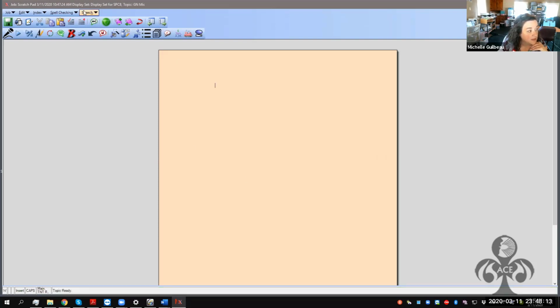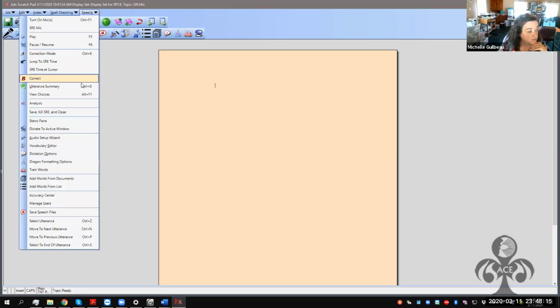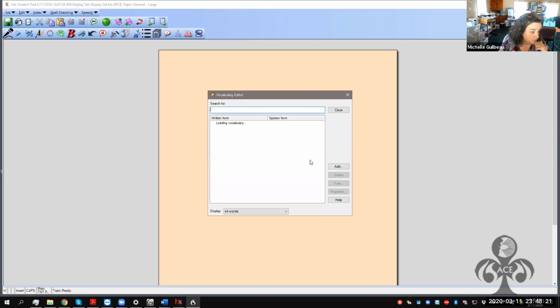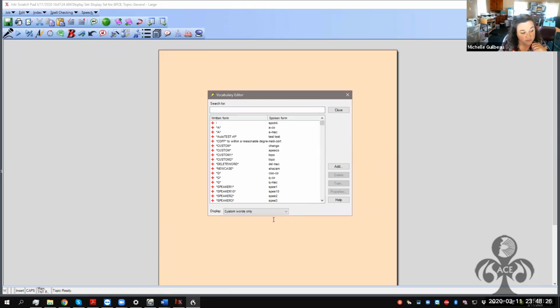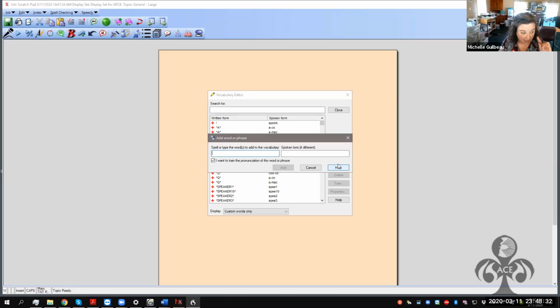Okay, now I'll go to speech and vocabulary editor. And like I said, I like to see my custom words when I'm adding. Don't ask me why. I'm just kind of weird that way. So I click on add. And here's the important part. What we're going to do is type in an asterisk, the name of the file as we created it,